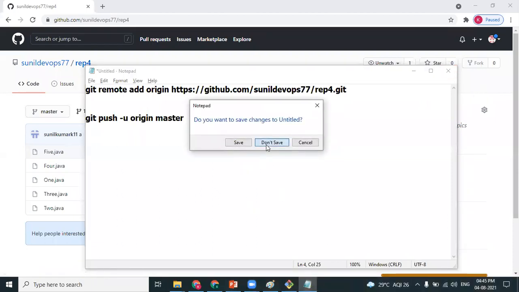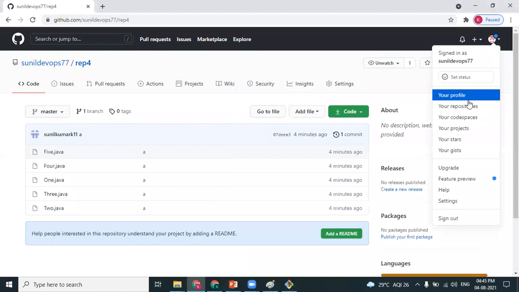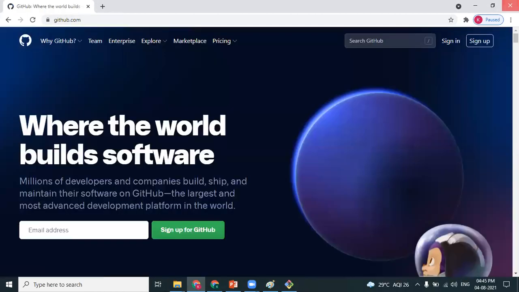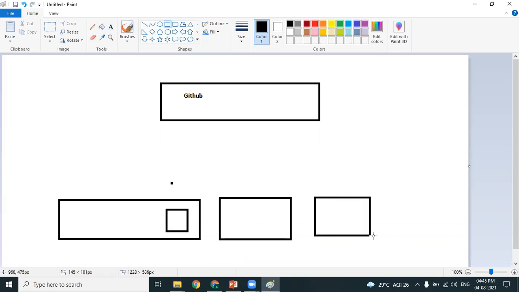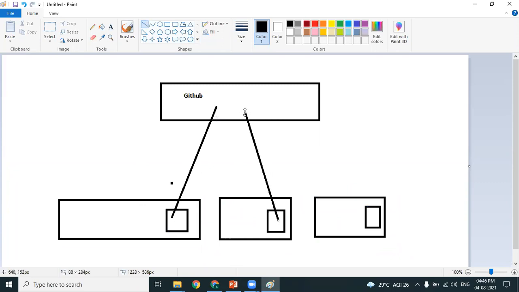Okay, now let's try to understand. As we know, for a particular project, it's not one developer. There will be a group of developers working on a particular project. This is developer 1's machine, this is developer 2's laptop, and this is developer 3's laptop. There are n number of developers. Every developer develops the code as per their requirement, and every developer will upload the code into the remote repository. So once the complete development activity is completed, the entire project source code will be available in one centralized repository, that is called a GitHub repository.